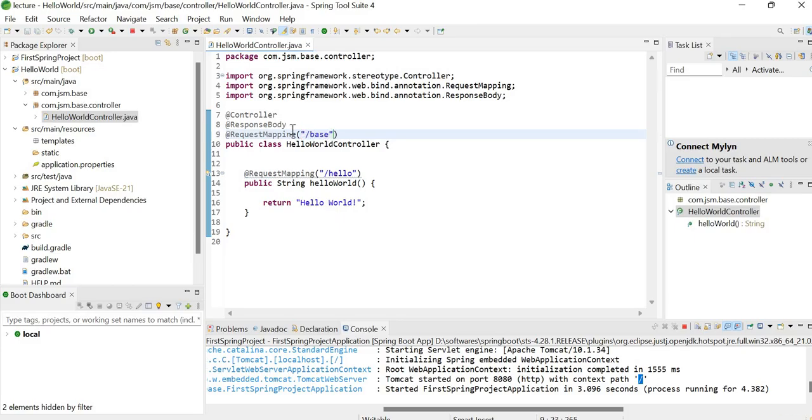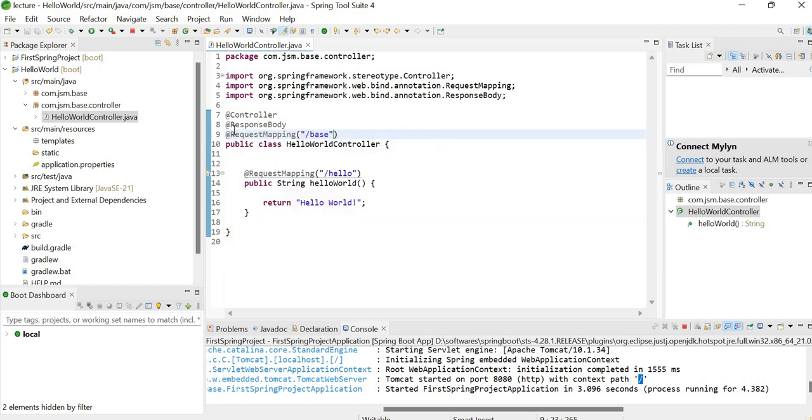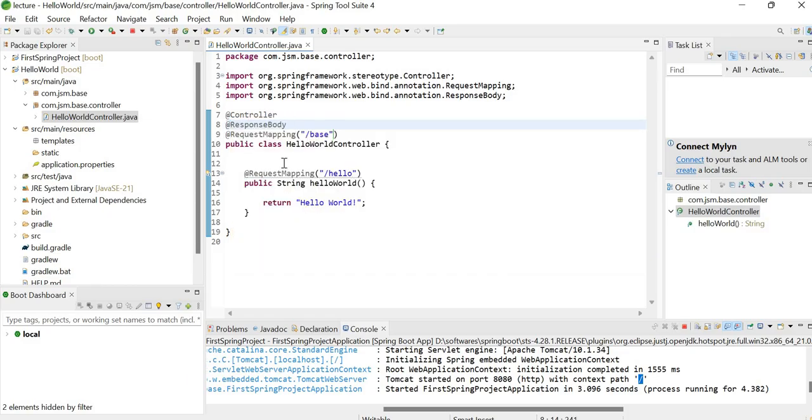Now this class is considered a controller class because we have used the controller annotation, and it will return the response body because we have used the ResponseBody annotation. Whenever we want to call this endpoint we have to use /base/hello.